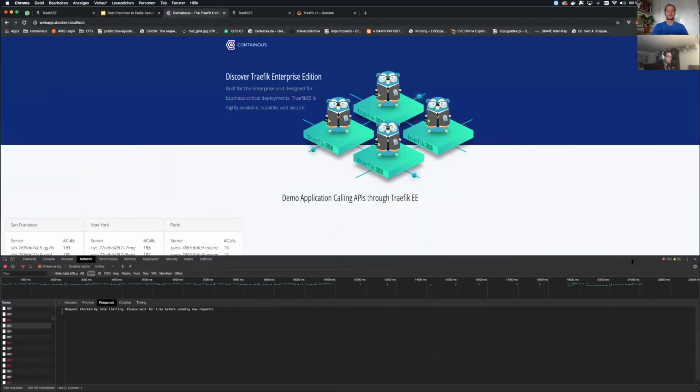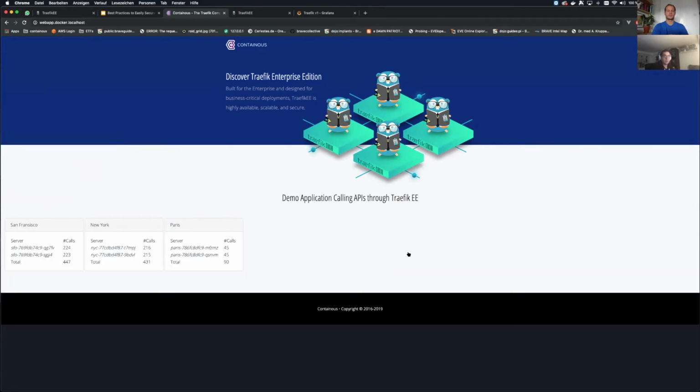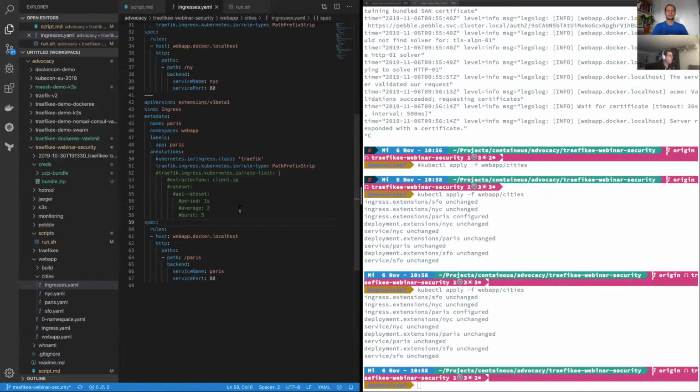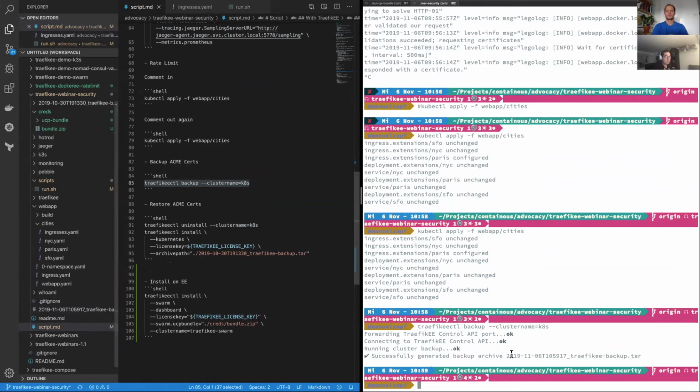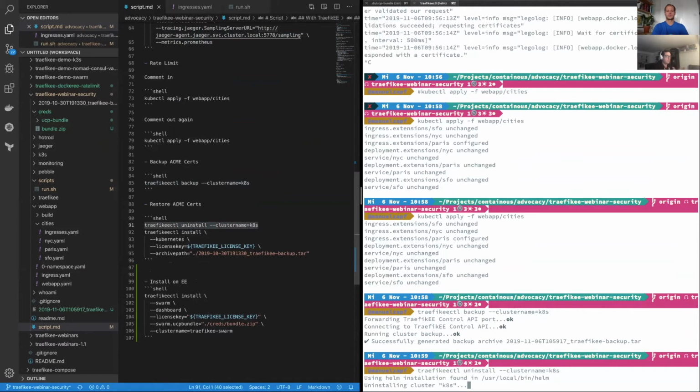So that's good. Last but not least for Kubernetes, because that's a part we mentioned as a pillar as well, it is important to be able to back up and restore your scenarios. So for that, we also have a command built into TraefikEECTL, which is called backup, and we just give it a cluster name, and then the backup process backs up the whole installation, as you can see, including Let's Encrypt certificates. So if I then quickly uninstall my cluster and make it go,